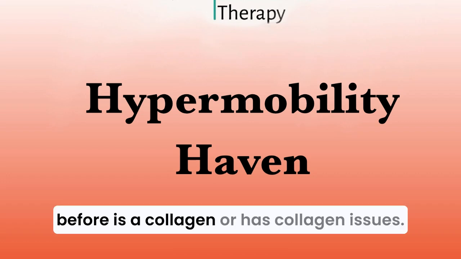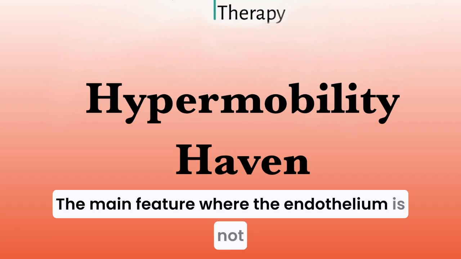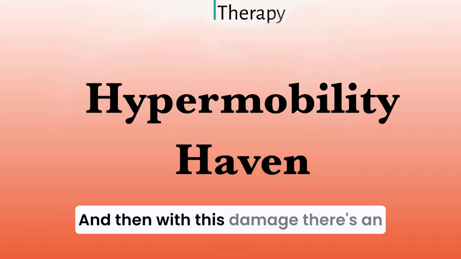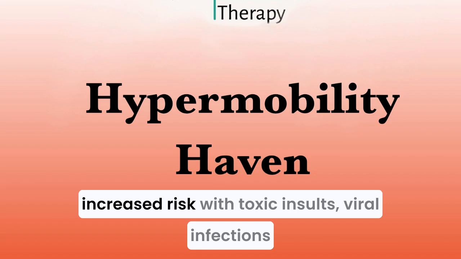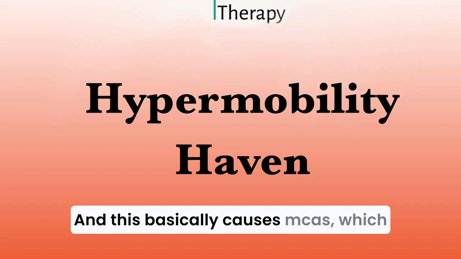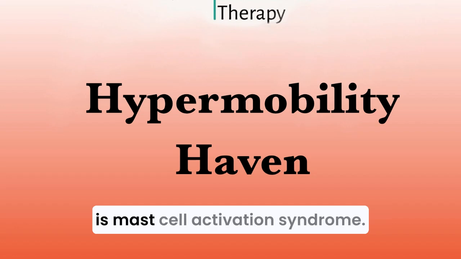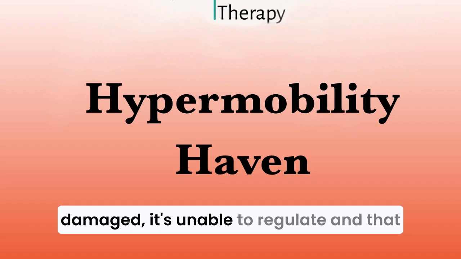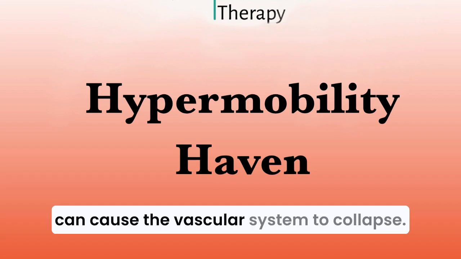which, as we talked about before, has collagen issues, the main feature being that the endothelium is not as strong and is prone to micro tears. And then with this damage, there's an increased risk with toxic insults, viral infections and so on, which results in dysregulation. And this basically causes MCAS, which is mast cell activation syndrome. So in EDS, where the endothelium is damaged, it's unable to regulate,